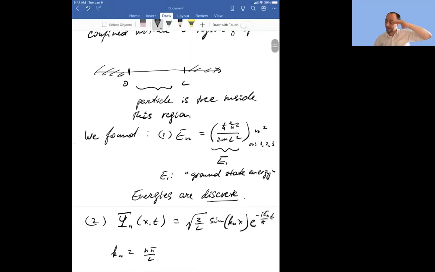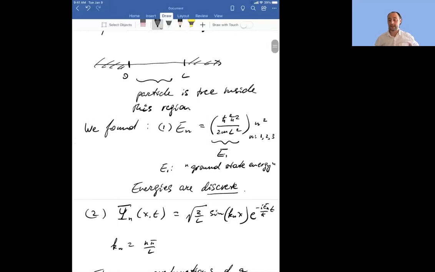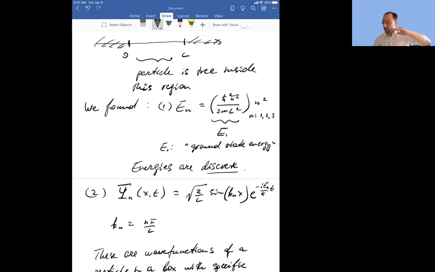So a particle in a box can occupy one of these levels, and if the energy of the particle is given by one of these, the wave functions will be given by one of these. We discussed that it's possible to have a particle in a superposition of states. If it's in a superposition of states, it doesn't have a well-defined energy. If you measure the energy, you're going to find one or the other, depending on what kind of superposition it's in. We will see more examples of superposition states, but right now,